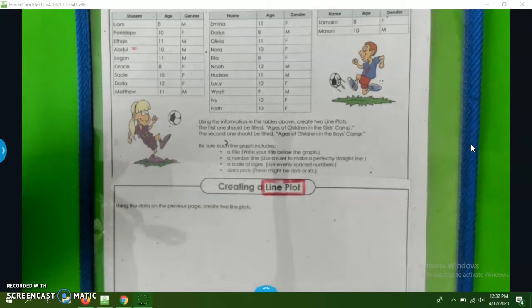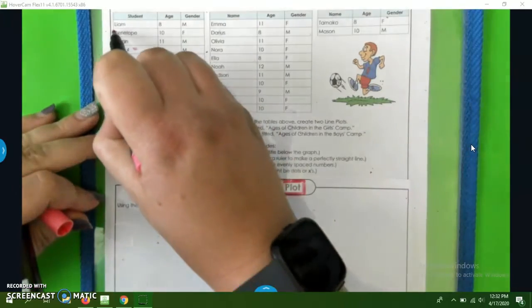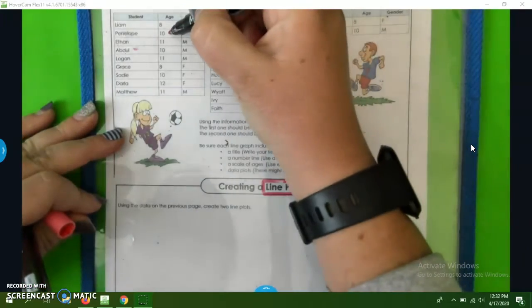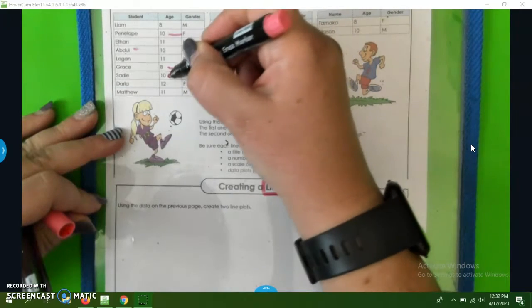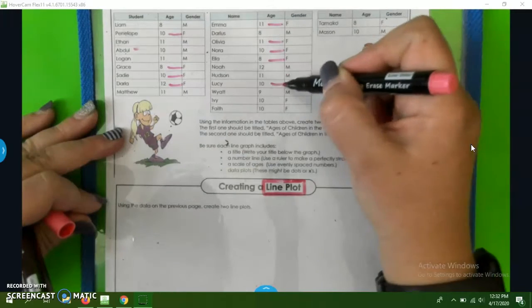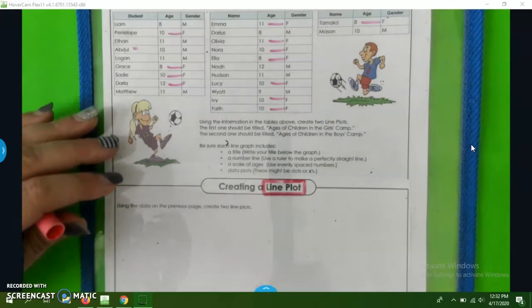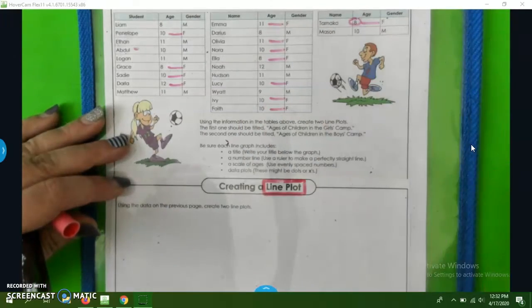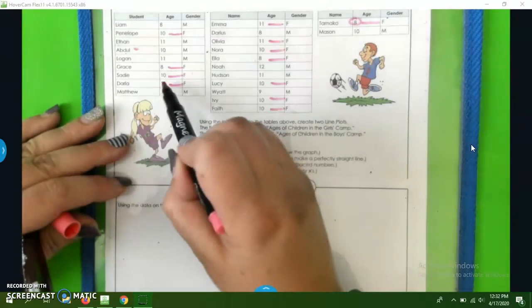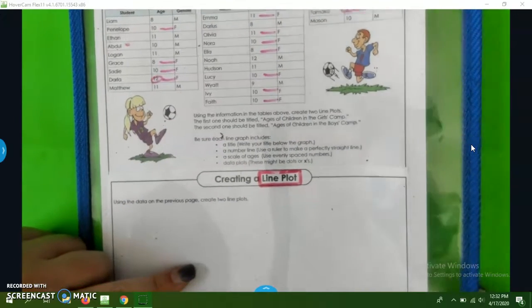So the first thing that we're going to do is create a line plot for the female players. So I'm going to take my pink marker here and find all of the female players and just mark them. And I'm looking at the ages here because we want to show that they're female and we want to know their age. So it looks like the youngest age I have in my list is 8 and the oldest age I have is 12. So that means we're going to come down here to create our line plot